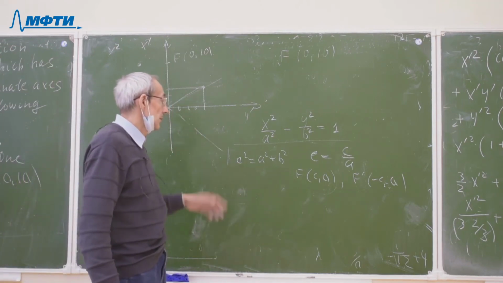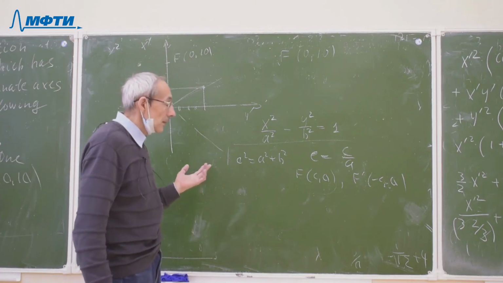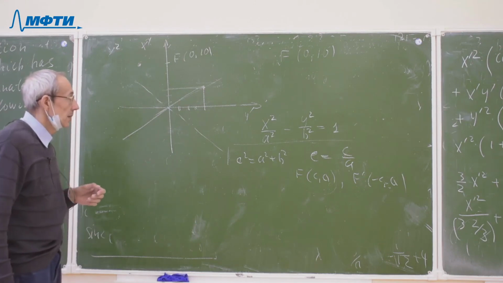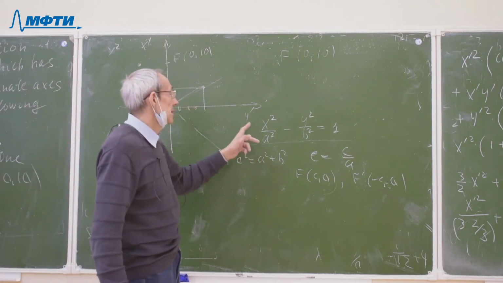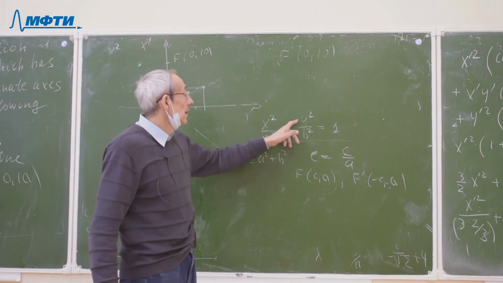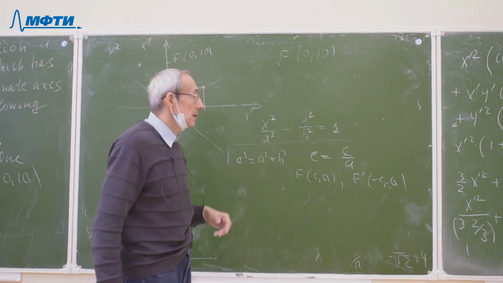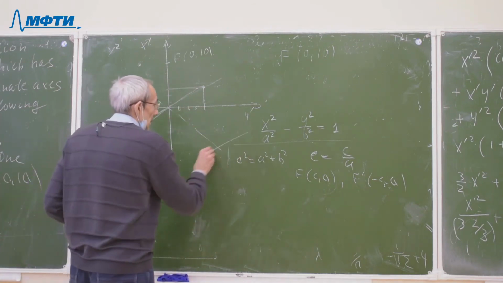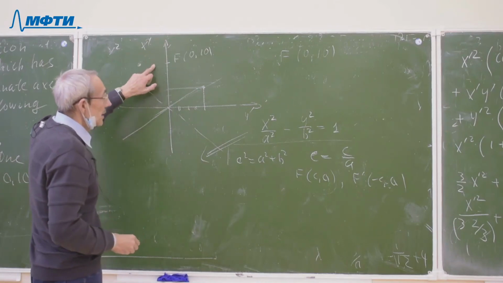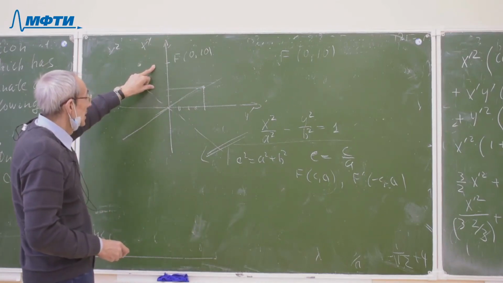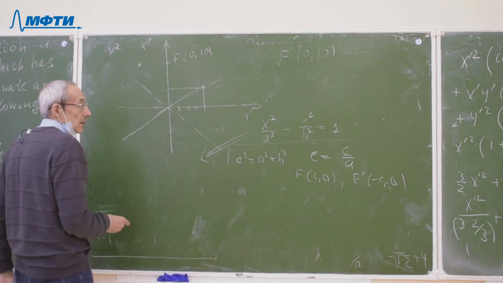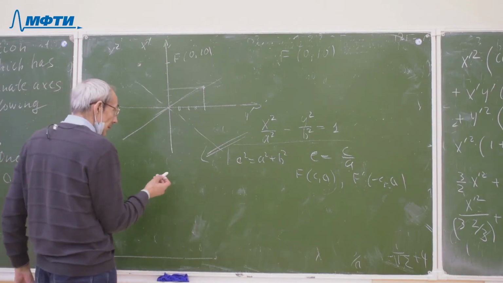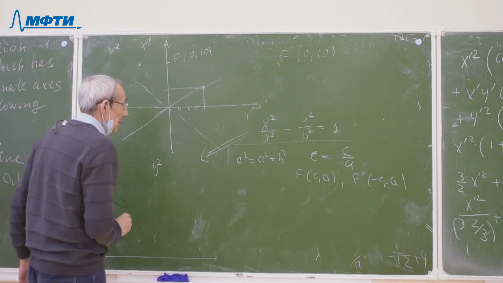The same way we change the other parameters. We can imagine that the old coordinate y is the canonical x prime, and in this way, in our coordinate system, the canonical equation of the hyperbola transforms into the following equation: